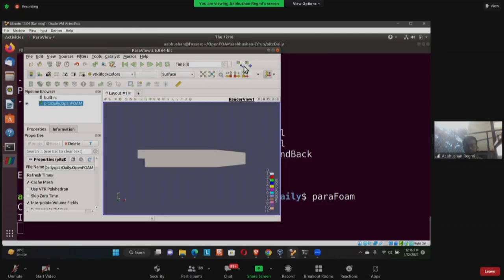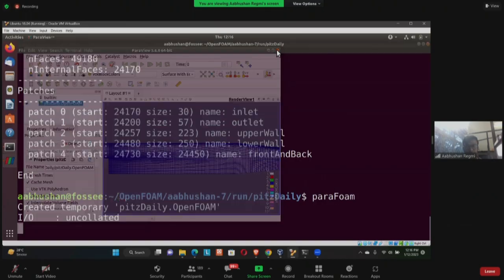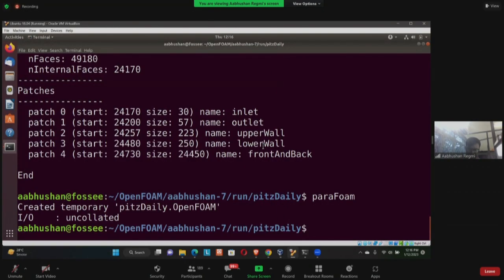So yeah, this is the pitzDaily domain. So here we have the inlet over here, and our outlet is here, and we have a backward facing step. So this is just a backward facing step. This is our geometry. Now that it's clear, I'm going to get a file called residuals